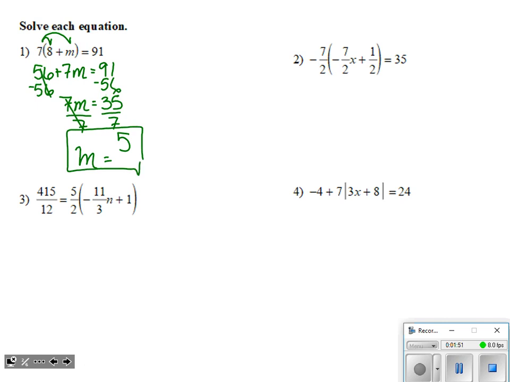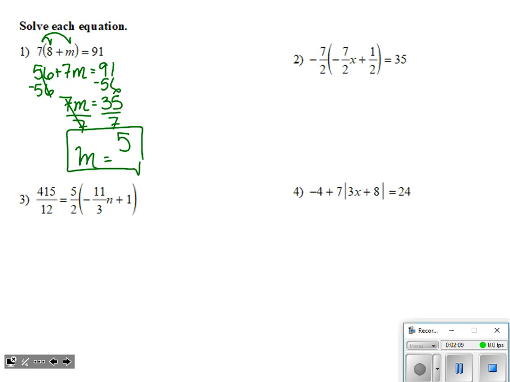I'm sorry, my smartboard is being a little glitchy on me. So if my handwriting is not perfectly clear, I'll try and correct that as quickly as possible. So that's one way of doing this problem that I think a lot of you are familiar with, the distributive property and combining like terms just to solve an equation.